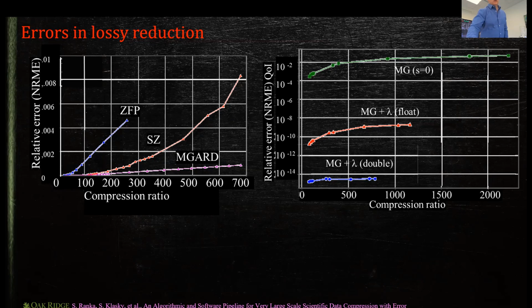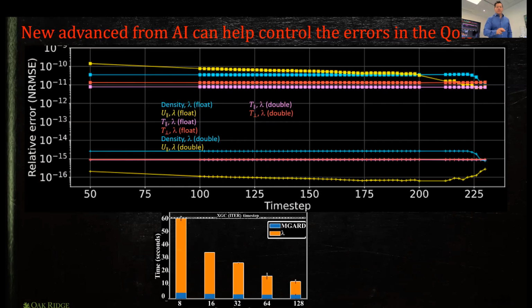So far, so good? Okay, and again, this is saying a few things. One of the challenges right now is that it is expensive. This is the time it takes. We were trying to see how many seconds it would take to run this optimization problem and MGARD. If we have 8 Summit nodes, the problem is it takes like 60 seconds, which is expensive.